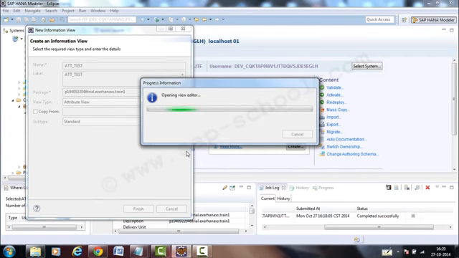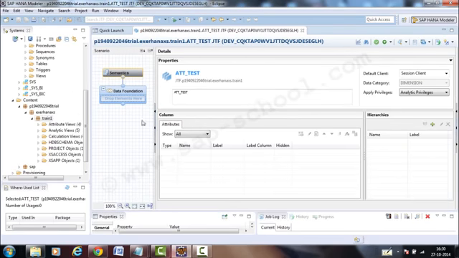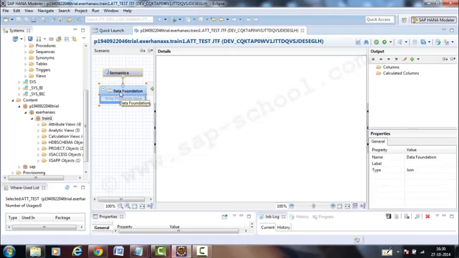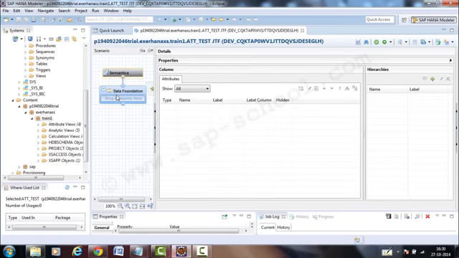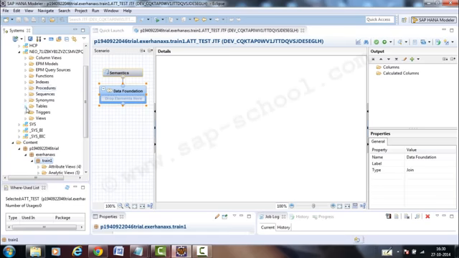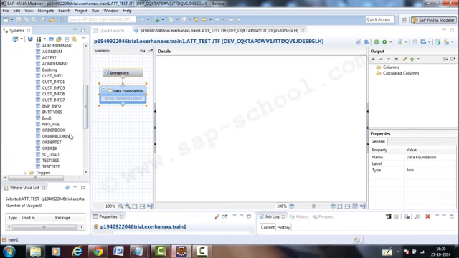it opens an editor where you can create your attribute view. As you can see, it has opened up the editor where I have my scenario workspace here, I have the properties here, and I have the details pane here. You can see that there are two sections for my attribute view. One is the data foundation and the other one is the semantics. In the data foundation is where I add my tables, which are supposed to be part of my view. So I'm going to go to my schema here and under my tables, I'm going to drag in order booking,